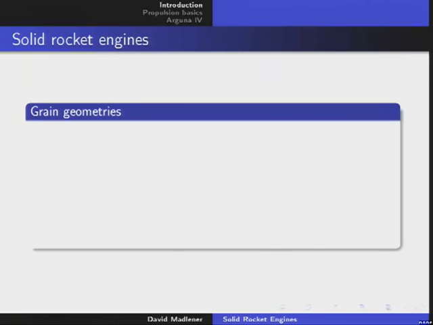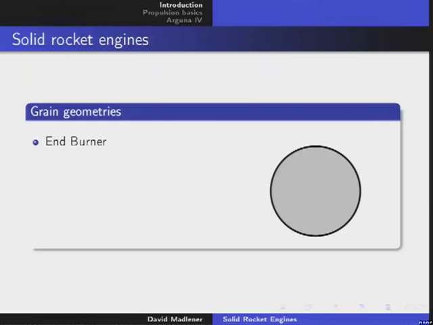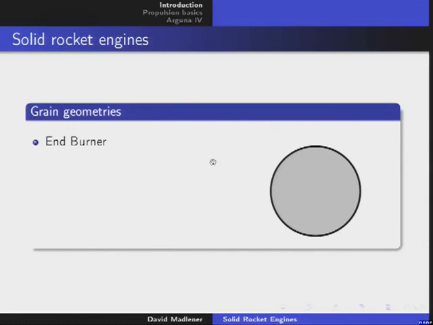I told you there are cylinders and there is a burning surface. And in the burning surface, the form of the burning surface is very specific. So you can use just a plain surface and you burn it from one end. That's what's normally used in pyrotechnics. Very simple, very straightforward, burns a long time, but produces very low thrust. Okay, so the second that we are using is BATES, where you have a circular hole, and the cylinder burns